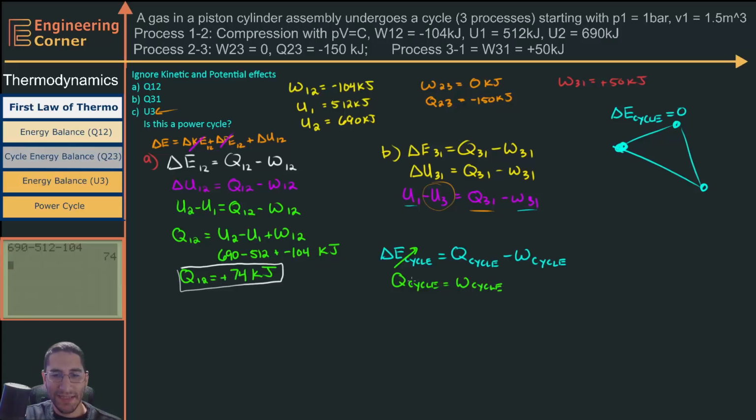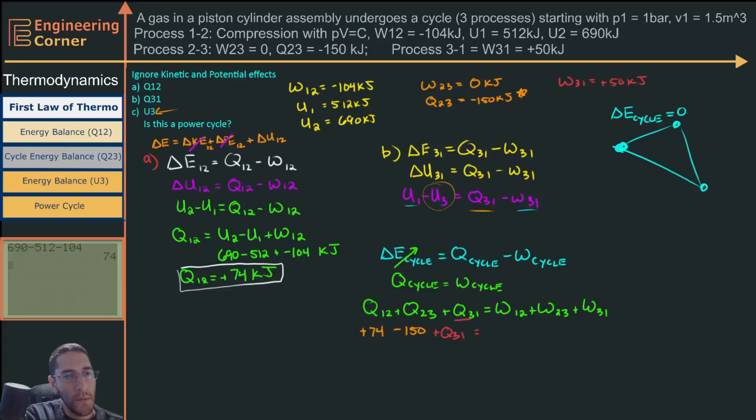And what is the heat transfer and the work of the cycle? Well, I just add up all the different parts. So I'll have Q1 to 2 plus Q2 to 3 plus Q3 to 1 is equal to W1 to 2 plus W2 to 3 plus W3 to 1. And I know all these, right? 1 to 2, I found it's plus 74. 2 to 3, I know it's minus 150. It was given to me up here. 3 to 1, well, I'm solving for that. So I just have plus Q3 to 1